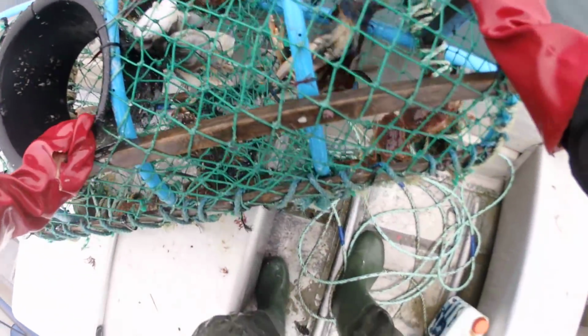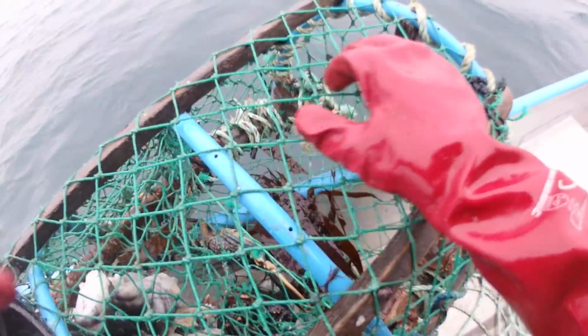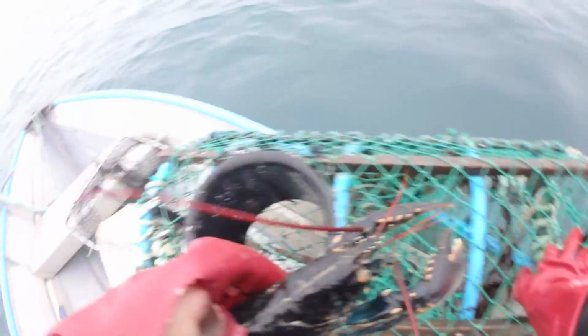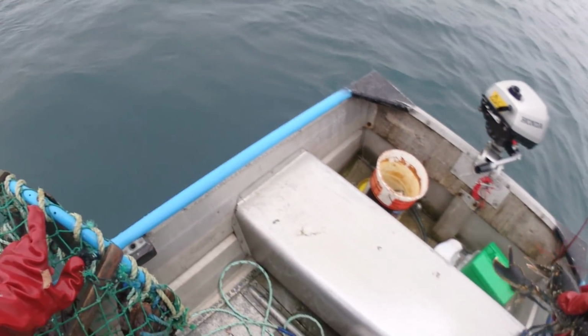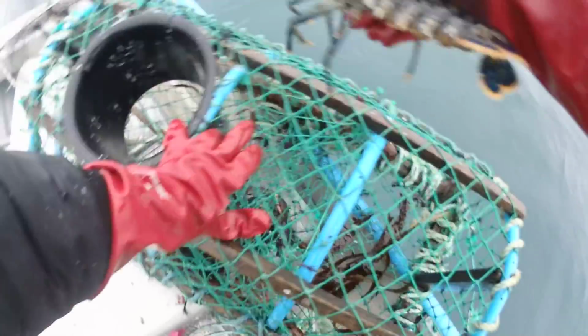Well, that's a good pot. 2 lobsters. Work quickly because, there we go. Get them out before they start crushing each other. That'll be size. I'm going to put it, I'll put it at the front, I think. Now,